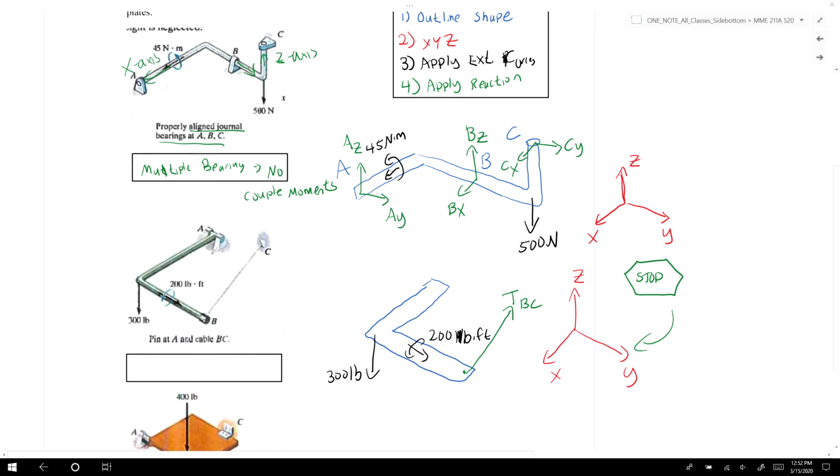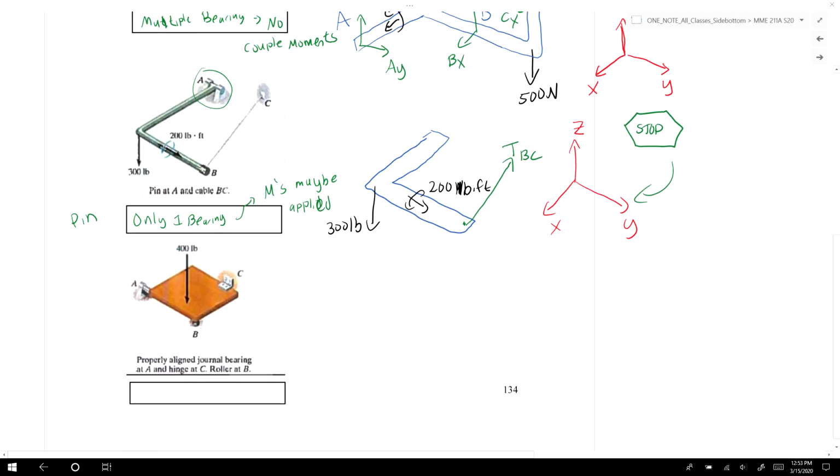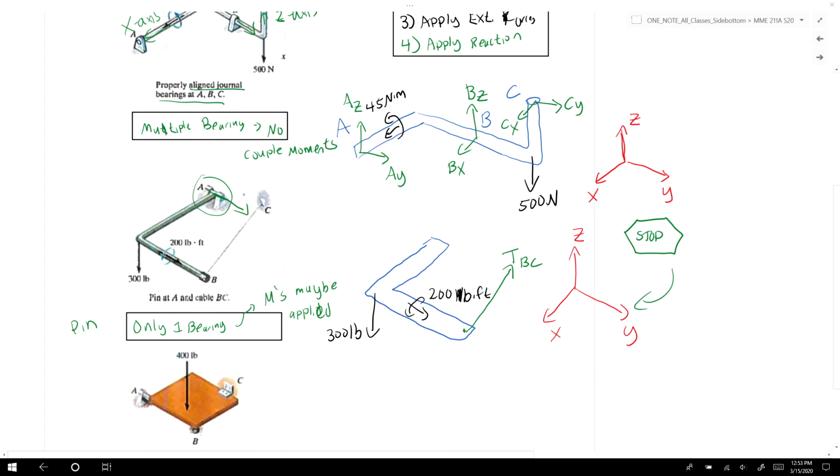and then we would have a bearing at A. Since A is the only bearing, only one bearing, it will be able to apply a couple moments. All right, now since this bearing, or this pin, sorry, it's a pin, not a bearing, but since there's the pin at point A, the axis the pin goes along is along the y-axis. So it would allow rotation along the y-axis,